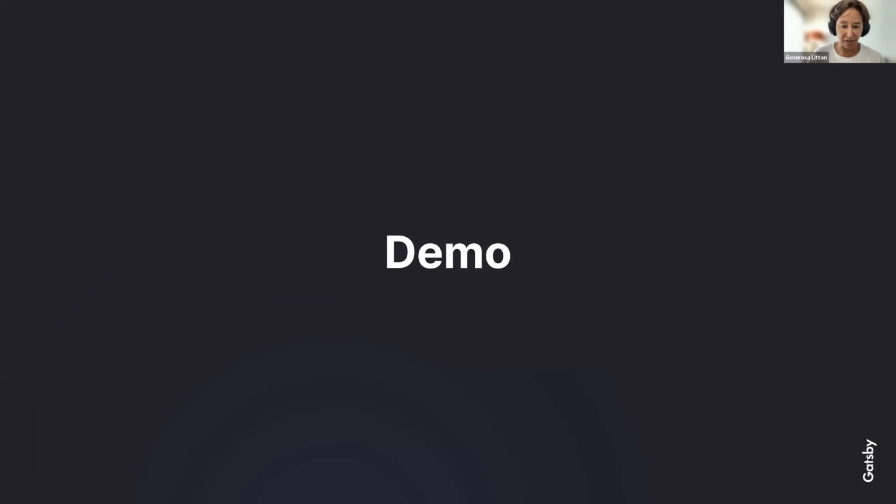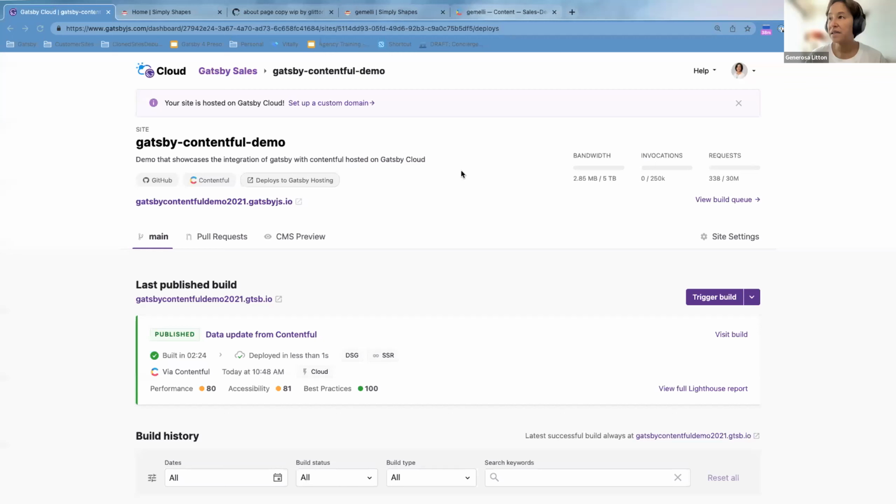So thank you very much for that, Alan. Very great content. What I want to do now is just go through how you actually use Gatsby Cloud, what workflows you would expect. Right now, just validating, you can see my screen, which shows the Gatsby Contentful demo. Is that right? All right, cool. So this is your Gatsby dashboard, and I'm going to talk about two workflows.